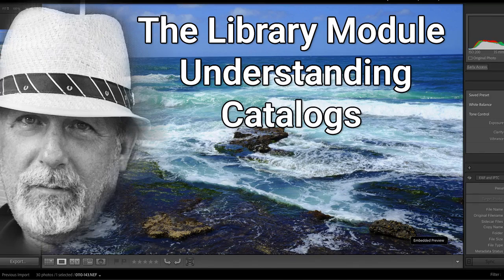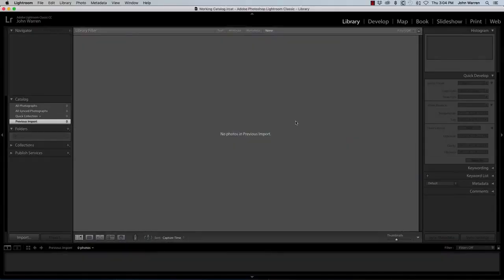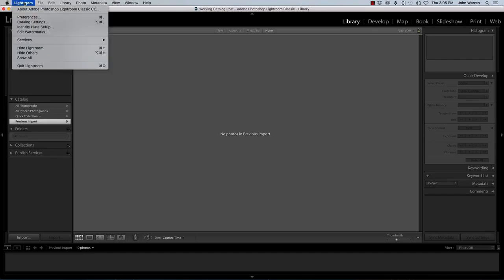Let's take a look at the catalog situation here. You have your catalog, you've created it, and the edits that you do to all your images that you've imported are getting recorded in the catalog. Well, what happens if your hard drive fails? Your catalog will probably get capooshed. So what we need to do is back up our catalog so that we don't lose any